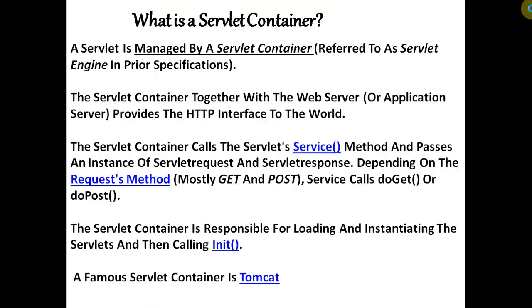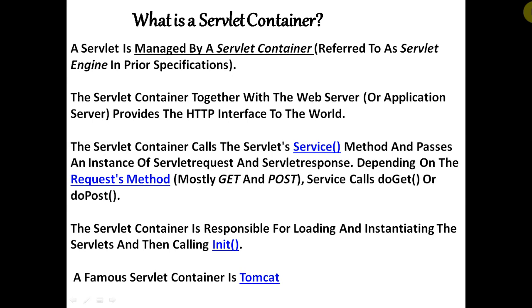So you can see again some features of JSP. The servlet is managed by the servlet container, referred to as the servlet engine in the prior specification. So what is a servlet? A servlet is managed by the servlet container, while in JSP we have seen there is a JSP container.